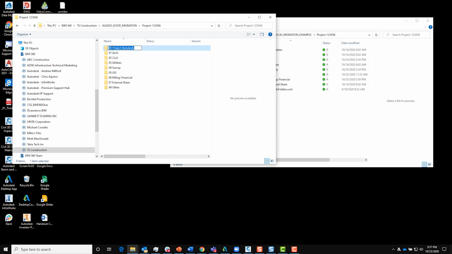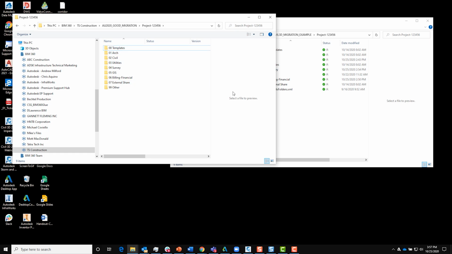So let's rename this from project standards to templates. And I am doing this from the BIM 360 folder on my local hard drive, but Desktop Connector will ensure that everyone's version of that folder gets renamed as well.